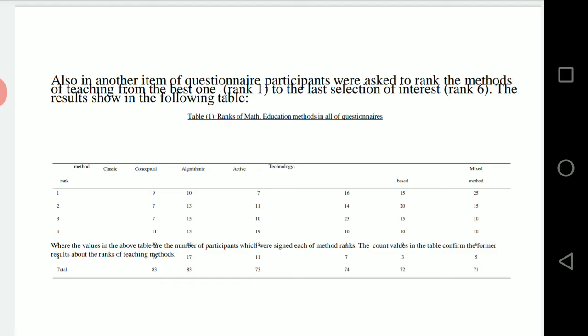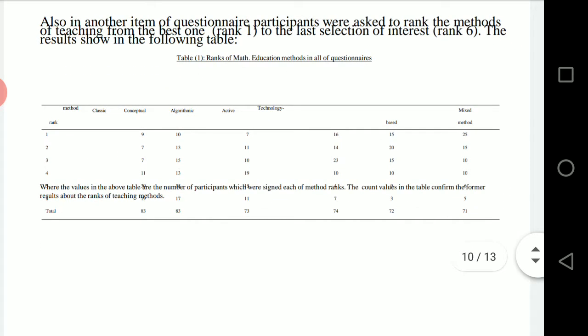Table 1 indicates ranks of math education methods in all of the questionnaires, where the values in the table are the number of participants who assigned each of the method ranks. The counts in the table confirm the former results about the ranks of teaching methods.